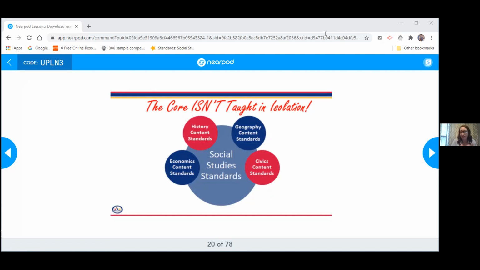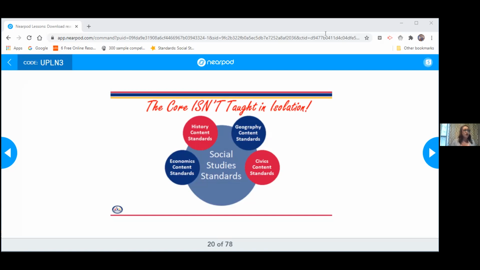And then you have your geography standards. So what happened in particular parts of France that allowed for this to be important or to occur? And then your civics. So the connection between the type of government that they had at the time and whatever new type of government they became, and then the influences from other governments throughout the world. So all of that's the French Revolution. You're not changing your content, but you might change the focus of a particular day or a particular moment in your lesson to have students make those standards connections.